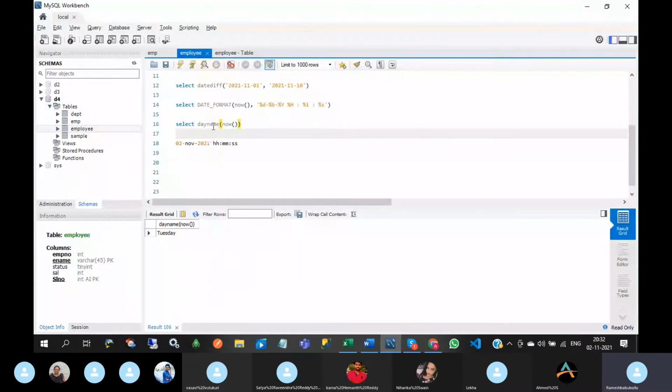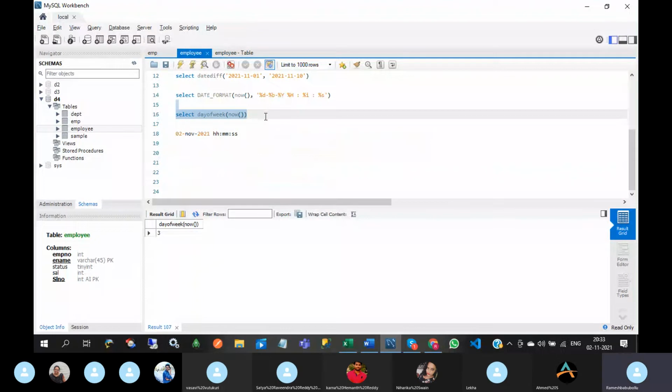And day of week, third. From Sunday to Saturday it will display, so 1, 2, 3. Today is 3.